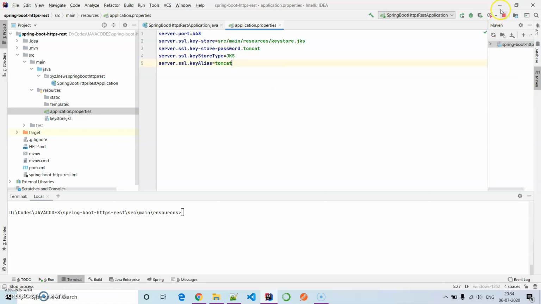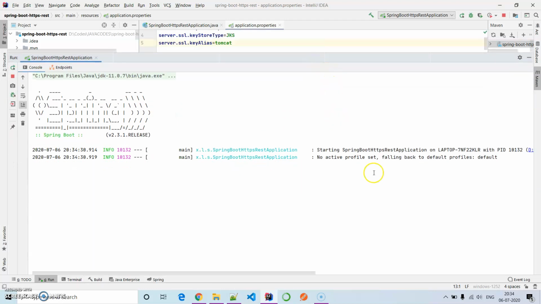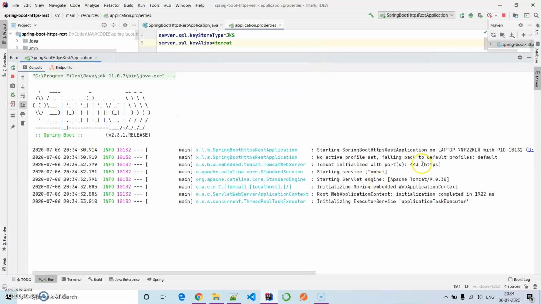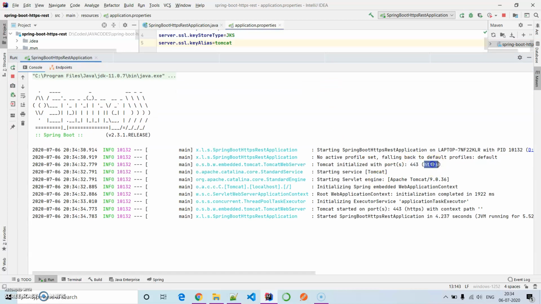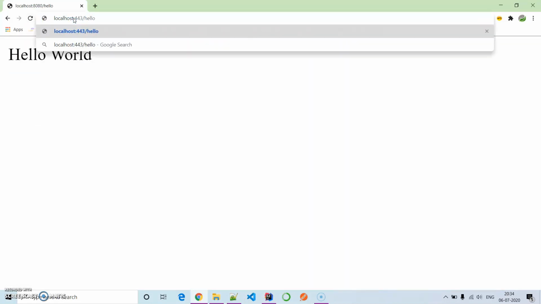Now I'm going to run the application once again. In the log you will be able to see certain changes: Tomcat port is 443 and the protocol is HTTPS. Let me try to refresh it with 443.